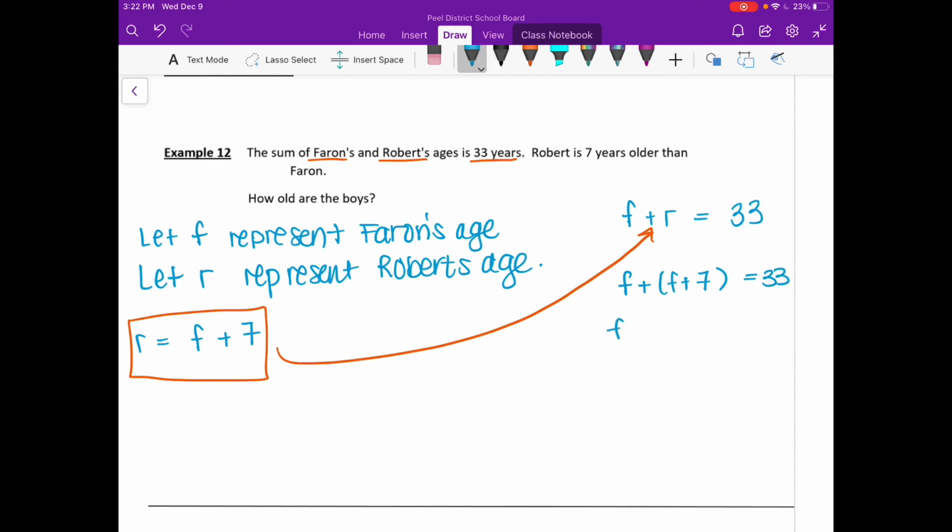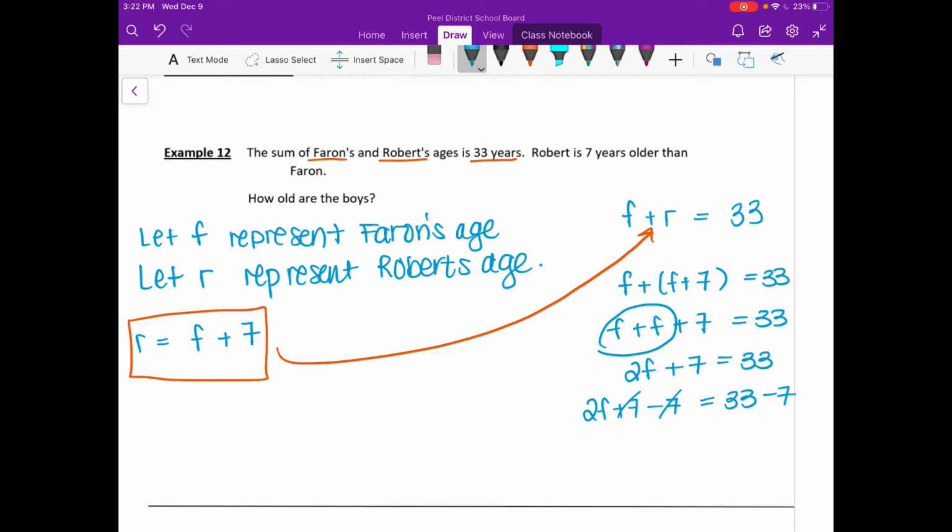F plus F plus 7 is equal to 33. I'm going to collect these two terms, which is going to give me 2F plus 7 is equal to 33. I'm going to get rid of the 7 on that side, so I'm going to do minus 7 so that they'll cancel out. Whatever I do on that side, I have to do on the other. So I have to subtract 7 from 33. So 33 minus 7 is equal to 26, equals 2F. Get rid of the 2, get rid of the 2. And that means that